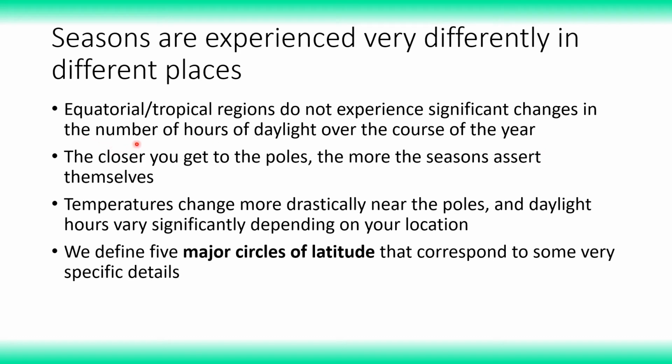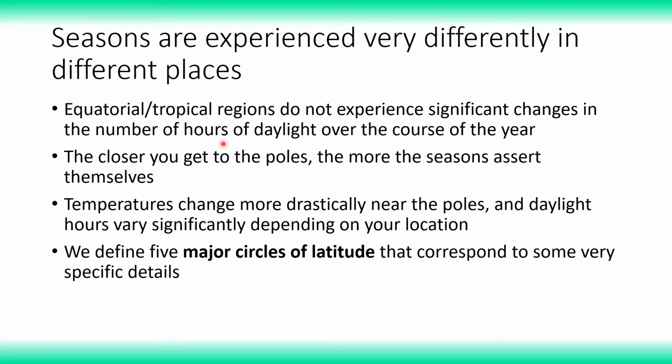So basically what that means is, for those of you that have always lived near the equator, the sun will rise at around 6 in the morning, let's say, and set around 6 in the evening. And if you don't live exactly on the equator, then it'll change a little bit over the course of the year. So maybe in the summer, the sun rises at 5 instead of 6, and then in the winter it rises at 7 instead of 6. And things like that. So you might get slightly longer days in the summer and slightly shorter in the winter,